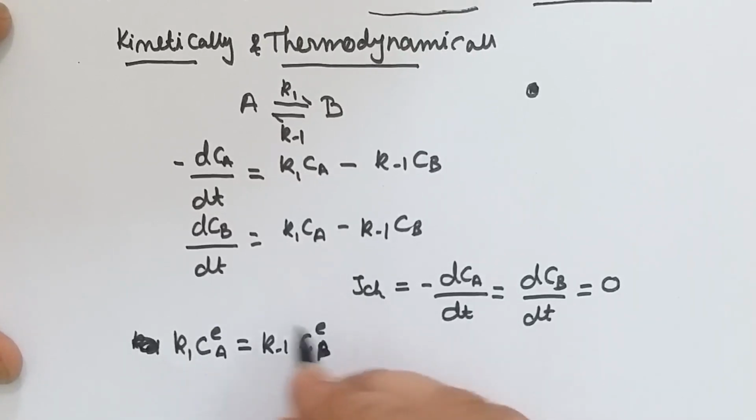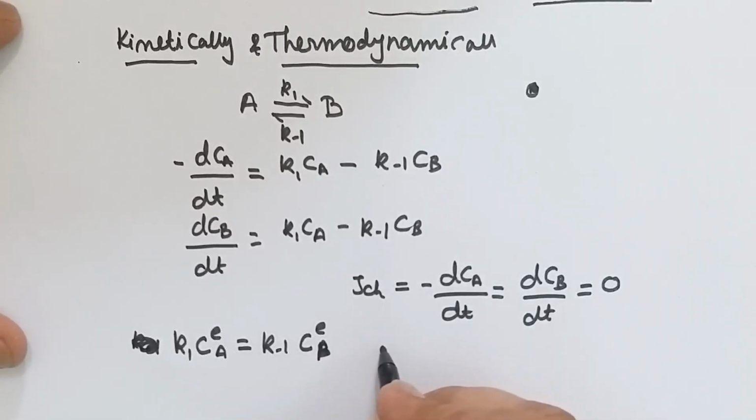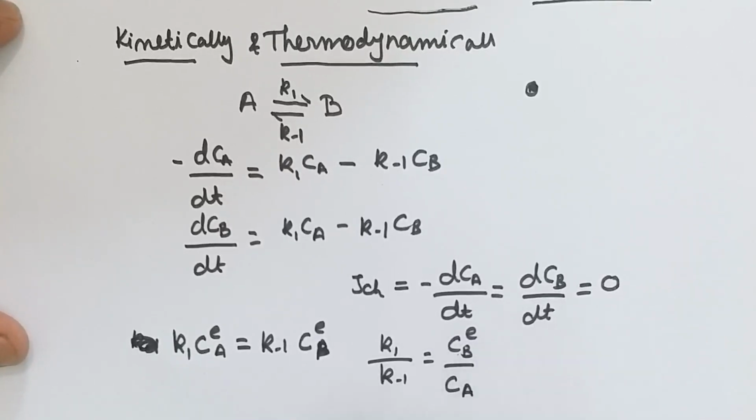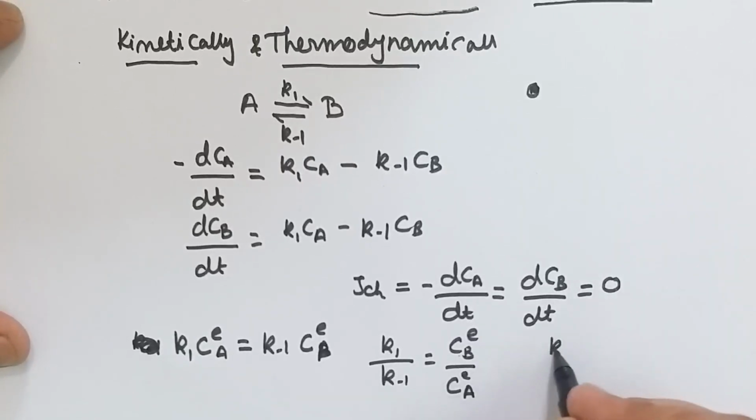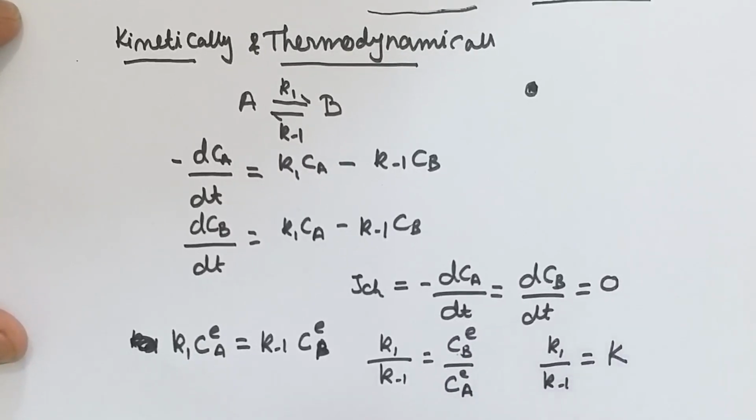When we rearrange this expression, we can write K1 upon K minus 1 equal to CBE upon CAE, and K1 upon K minus 1 we can write equal to K, which is the equilibrium constant,